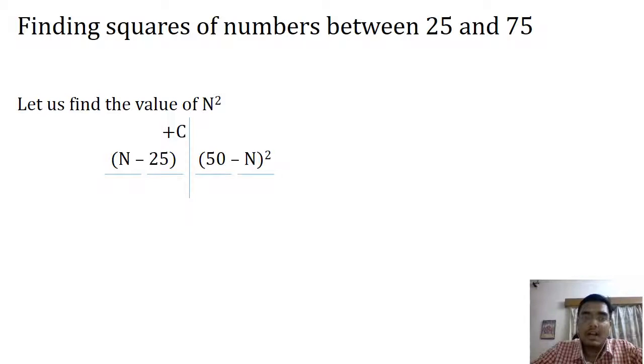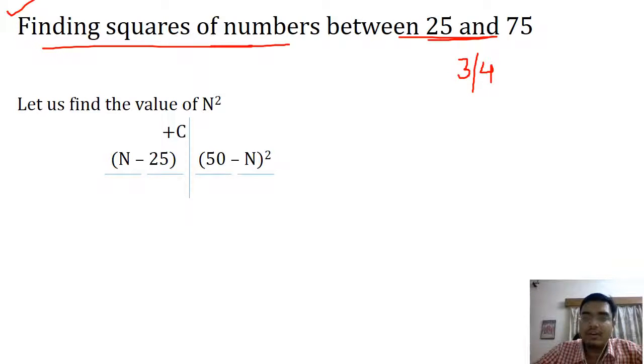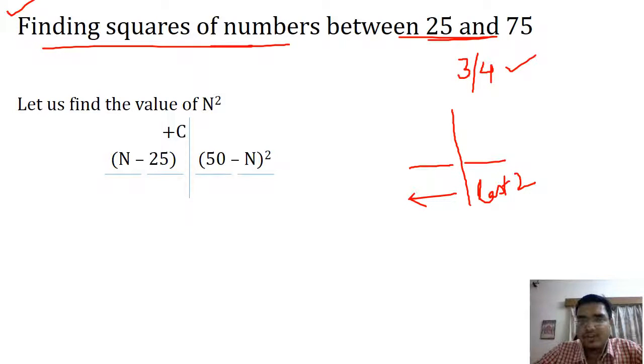Let us now see how we can find squares of numbers between 25 to 75 or any other numbers in a really fast way. For this I am assuming that you remember squares from 1 to 25. Now how will we take out the squares between 25 and 75? As we know, these squares would be 3-digit or 4-digit numbers. 25 square is 625, 75 square is 5625. So we'll divide them into two parts, the first one or two digits and the last two digits, like this.